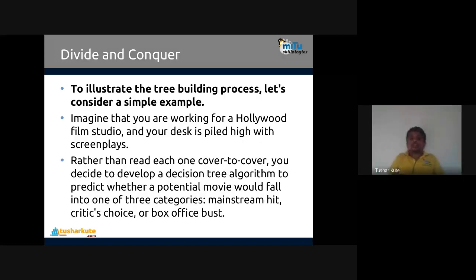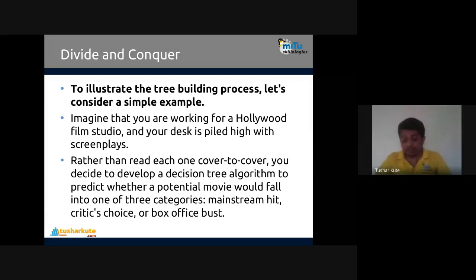Let's see. To illustrate the tree building process, let's consider a simple example. Imagine that you are working in a Hollywood film studio. Your desk is piled high with screenplays. Like you are a director or producer of a movie, and we have to decide.